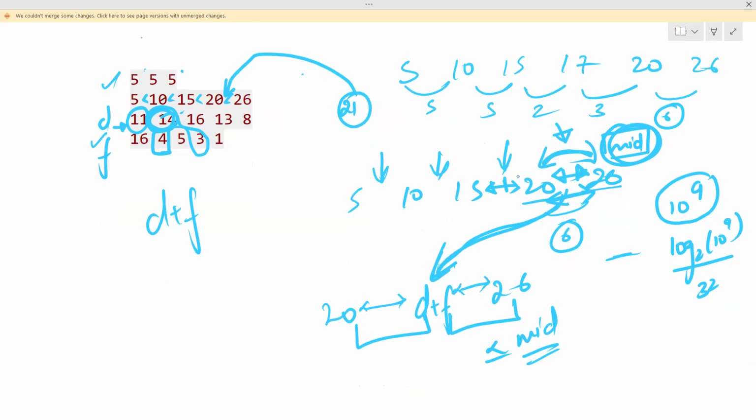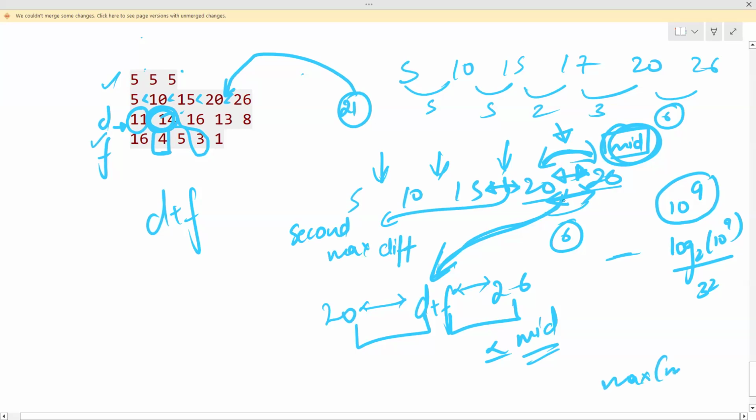The difference between these is less than or equal to mid. But let's say this is your maximum difference, and this is your second maximum difference. So your answer should be the maximum of mid, or whatever you are able to break this maximum difference into,